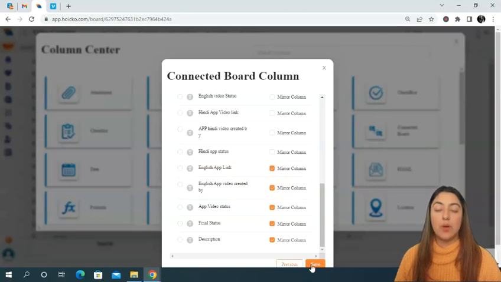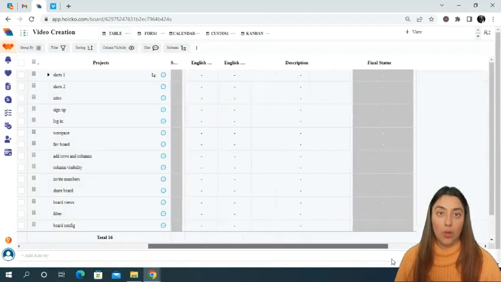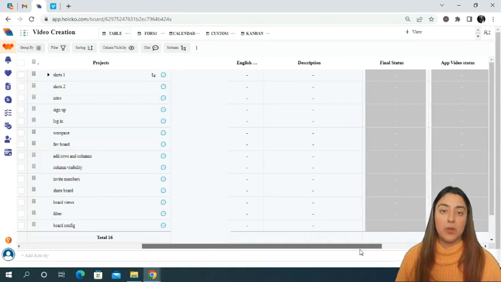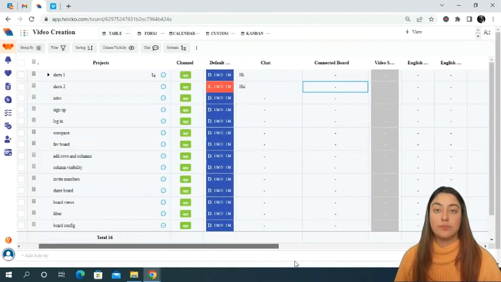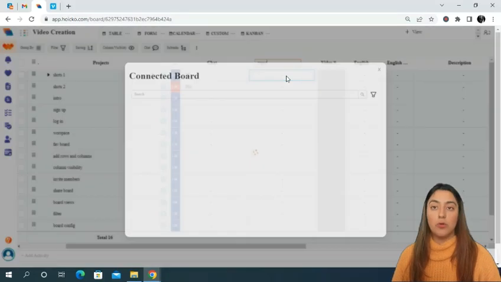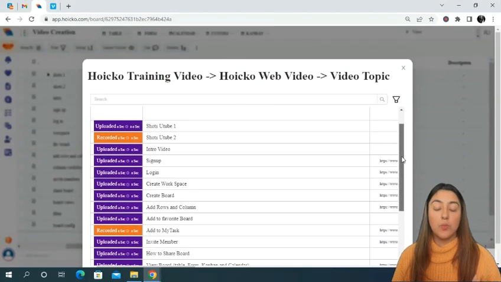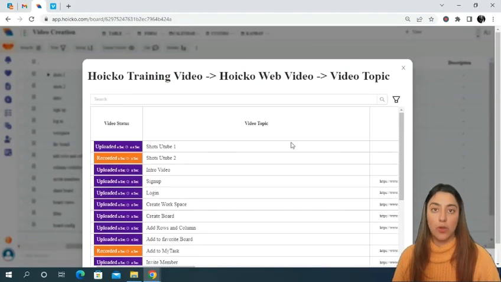So basically when you see over here, the first column which was made is connected board. This is the main column, and with it these are the mirror columns. So you can edit it. You can edit the name, and then when you click over it, you can see that the whole board you have connected over here is seen, and then you can just select the row whichever you want, the row's data whichever you want over here.